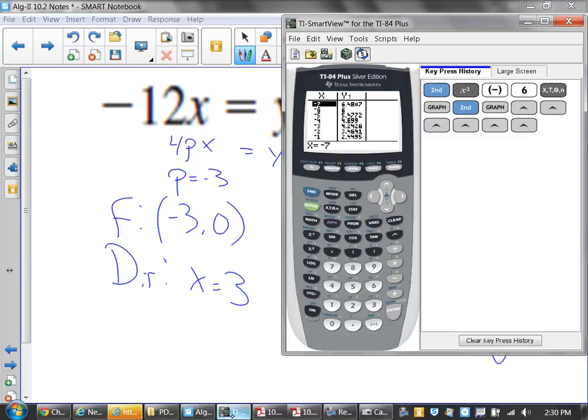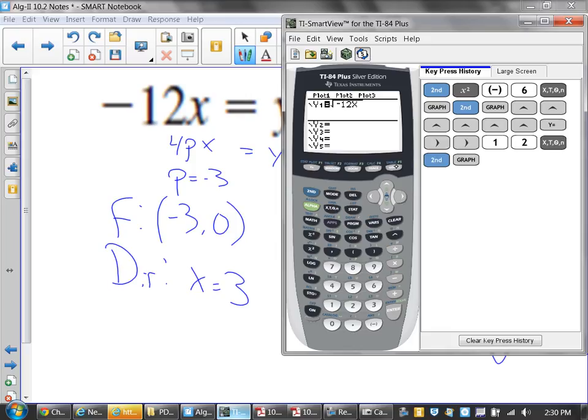So now the last bit is just to go to the calculator and type in y equals the square root of negative 12x. And go to your table. Again, as you're scrolling through your table, all you need is one set of ordered pairs that are clean,